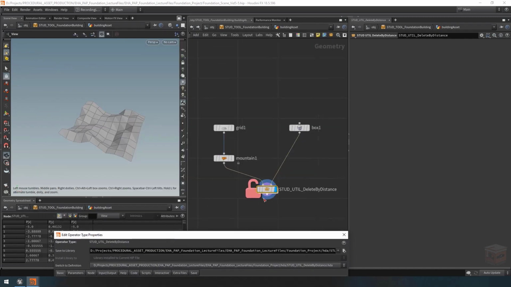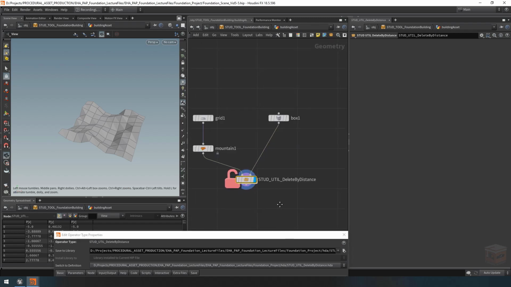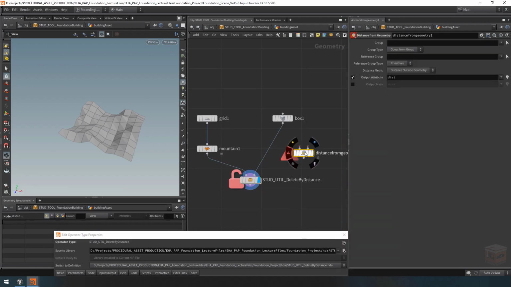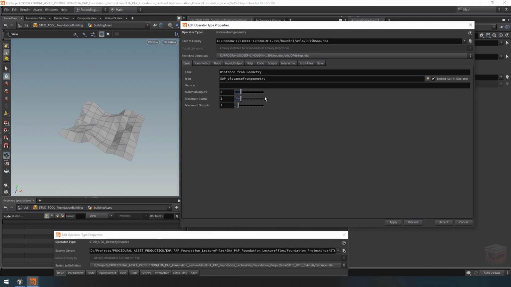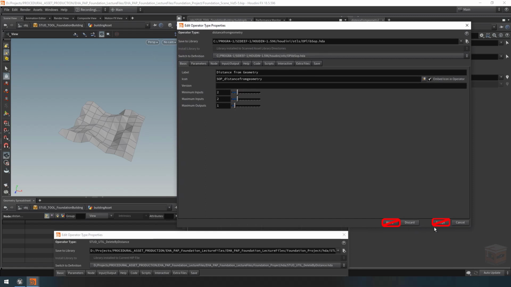That's all fine. I do want to give this node a unique icon, and I know exactly the node I want to grab it from. I want to grab a distance from geometry node, and then I'm going to open up its type properties. Be careful you don't save this node. It's a native digital asset. Don't override it, okay? Don't click accept, don't click apply, but just copy this text,